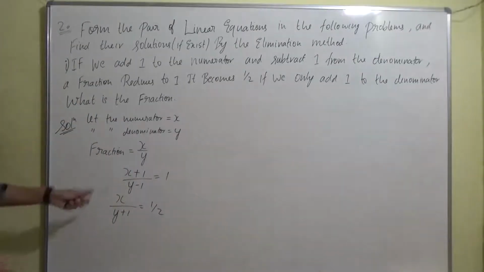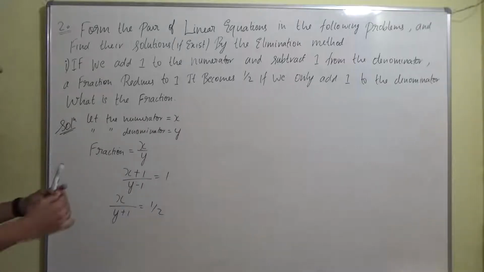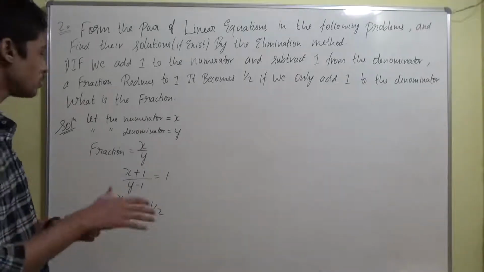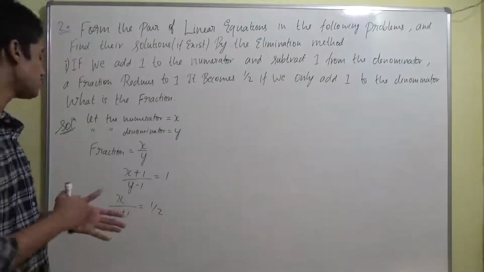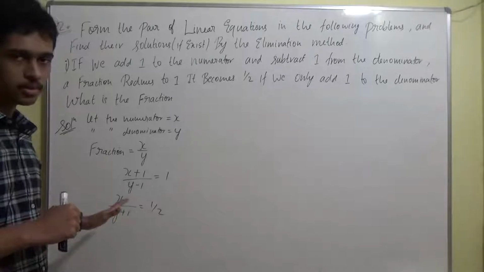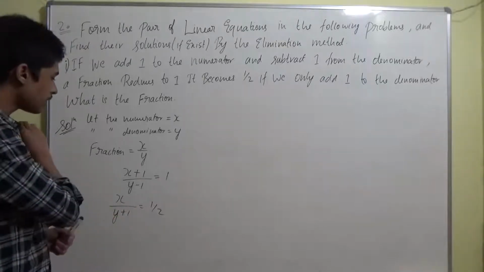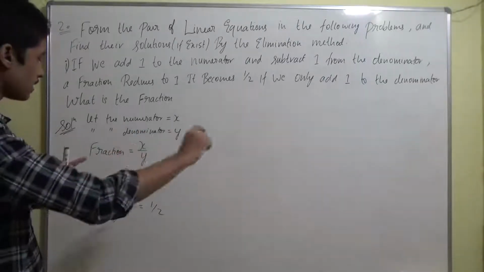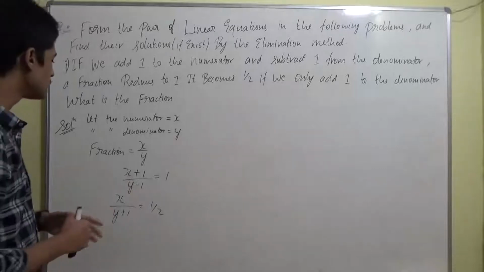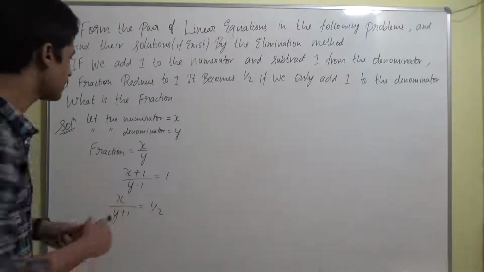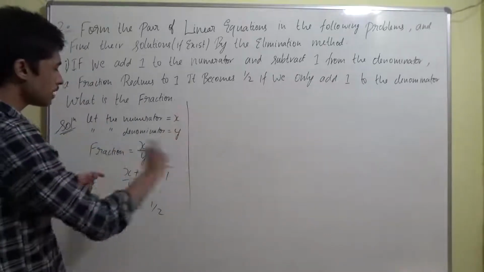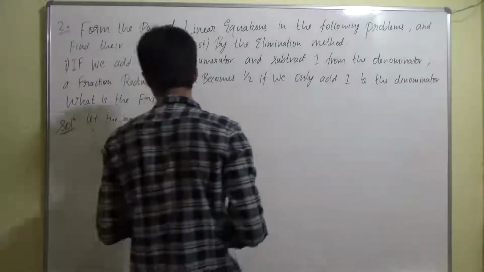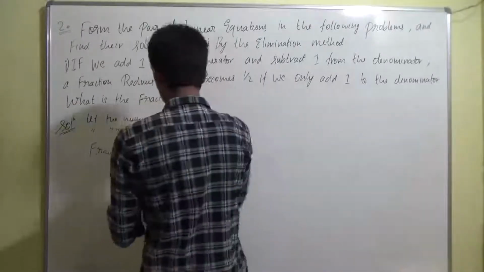Now this is in a fractional form. As I said to you, in a fractional form it doesn't look good. Okay, we shouldn't say that in maths. Whether it looks good or not, you have to write it in a linear form, not in a fractional form, so that it will be a bit easy to solve. So what we'll do is cross multiplication. That time we'll get a simplified equation. So let's cross multiply this.